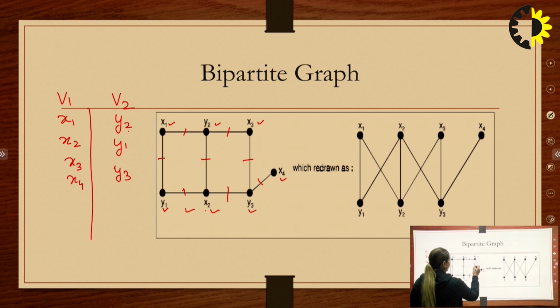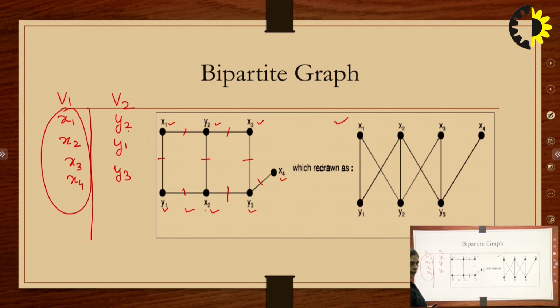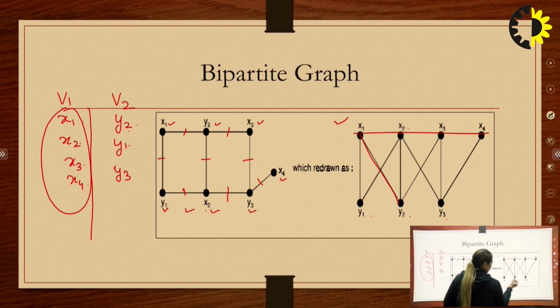Now, if we want to draw the same graph in this manner, the set of vertices we keep at one side: x1, x2, x3, x4, right? And y1, y2, y3 at the other side, right? Now here we can see that between x1 and y2 there is an edge, so we make an edge. x1 and y1 there is an edge, we made an edge, right? Similarly,